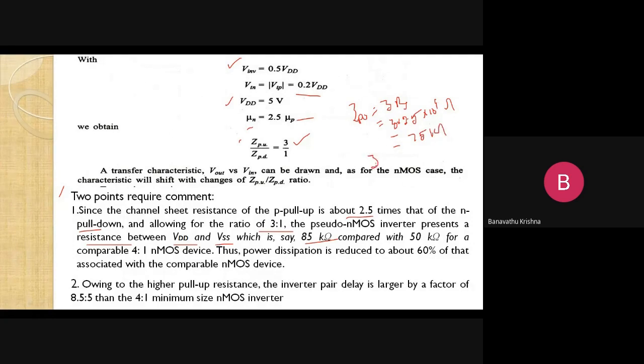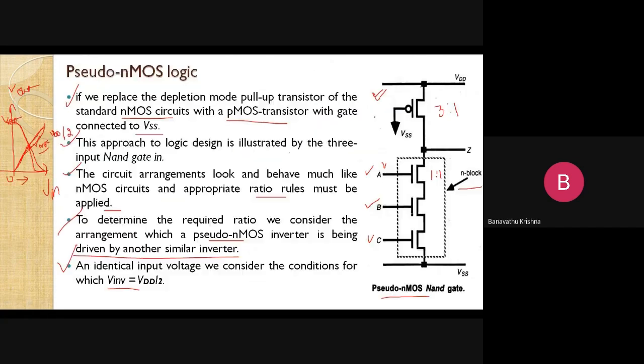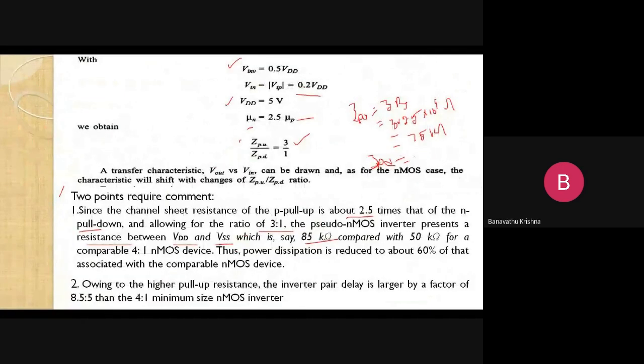And similarly for the pull down device, that is the on resistance for the pull down device, the ratio here is 1:1, right? So here it is 1:1 ratio, right? So Z pull down equals 1 into RS here. Okay, you know that RS for the N channel is equal to 1 into 10 to the power of 4 ohms. So finally it is nothing but 10 kilo ohms. So here 75 plus 10, it is totally 85 kilo ohms, right?